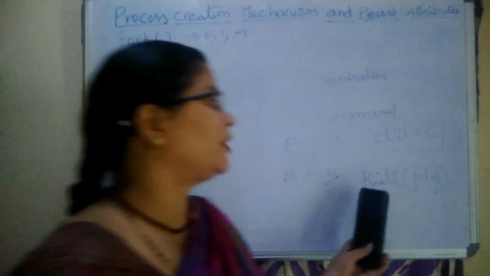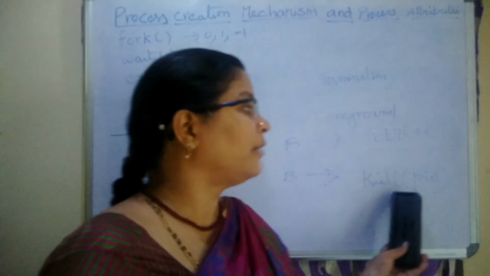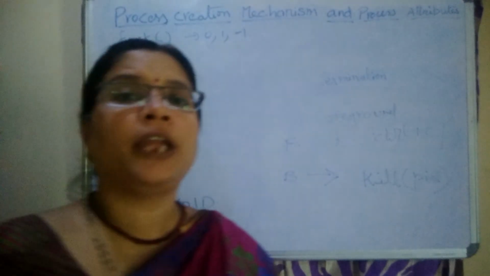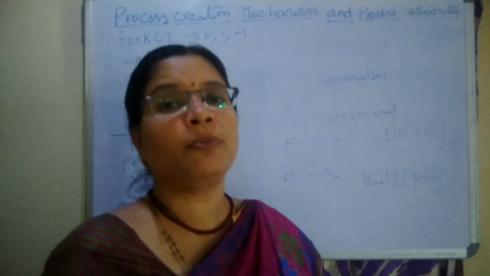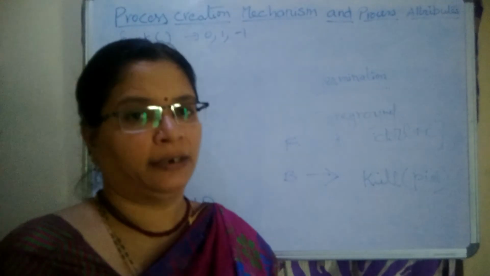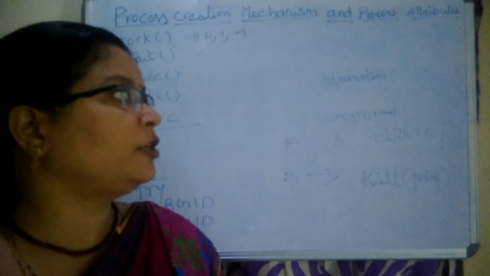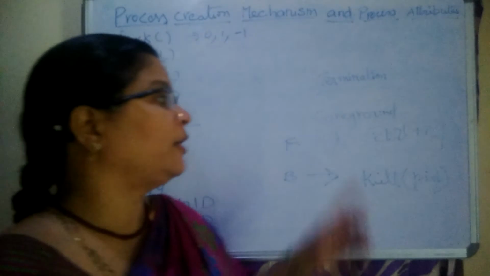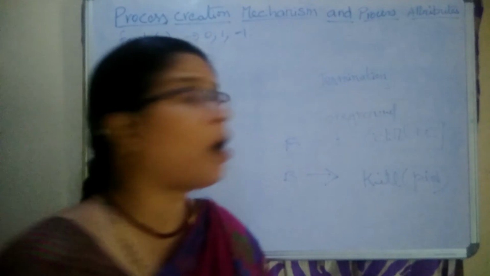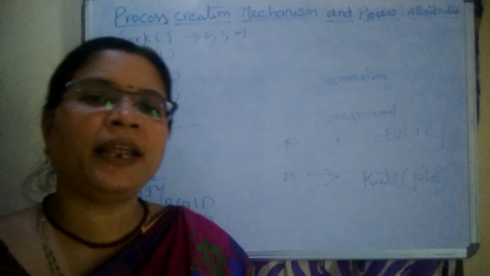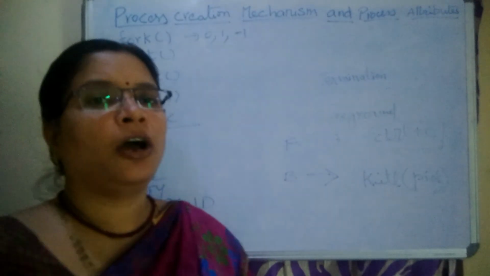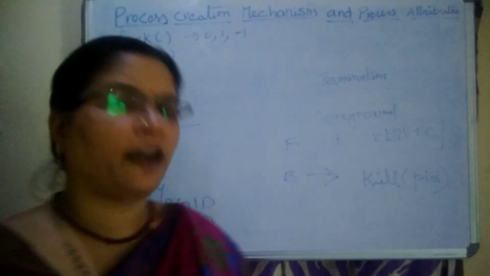So you have to understand clearly this kill. In the parenthesis of the kill, you need to give the process ID of the process you want to terminate. Okay. So these two are the commands. One is the command, another one is the system call, which is going to terminate an ongoing process, or a process which is running.